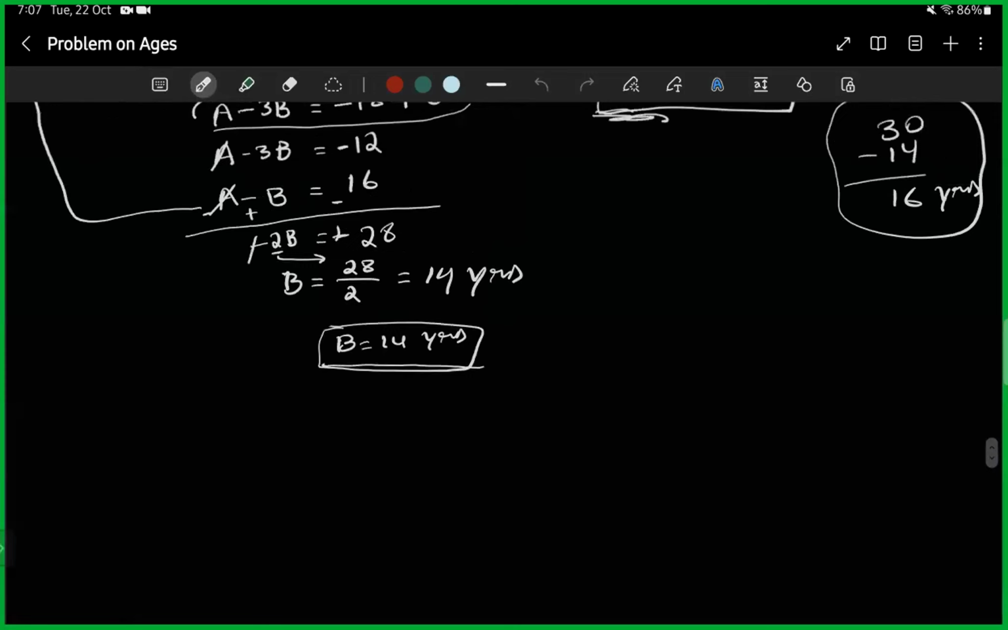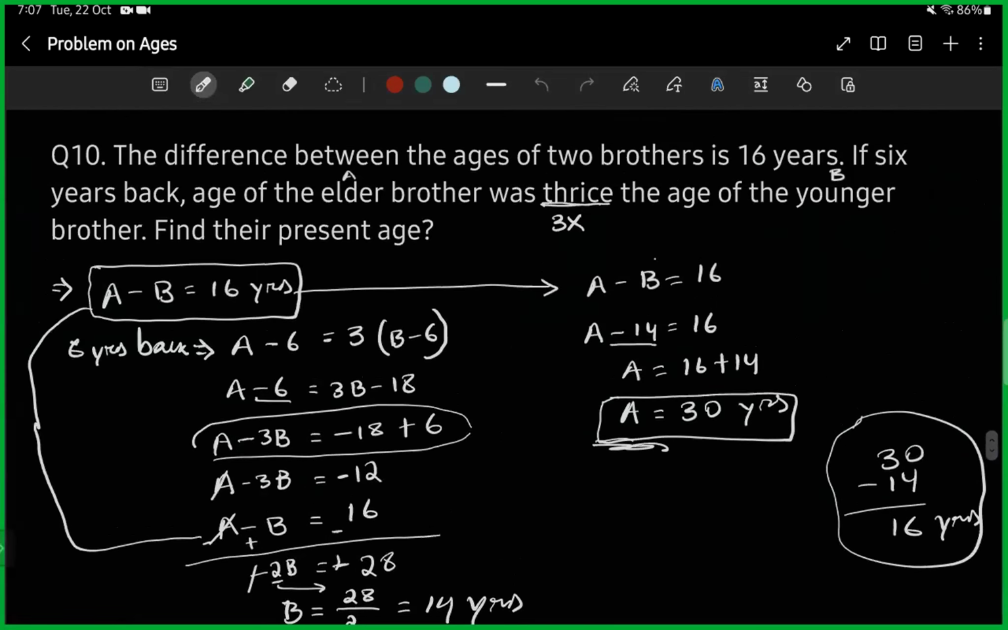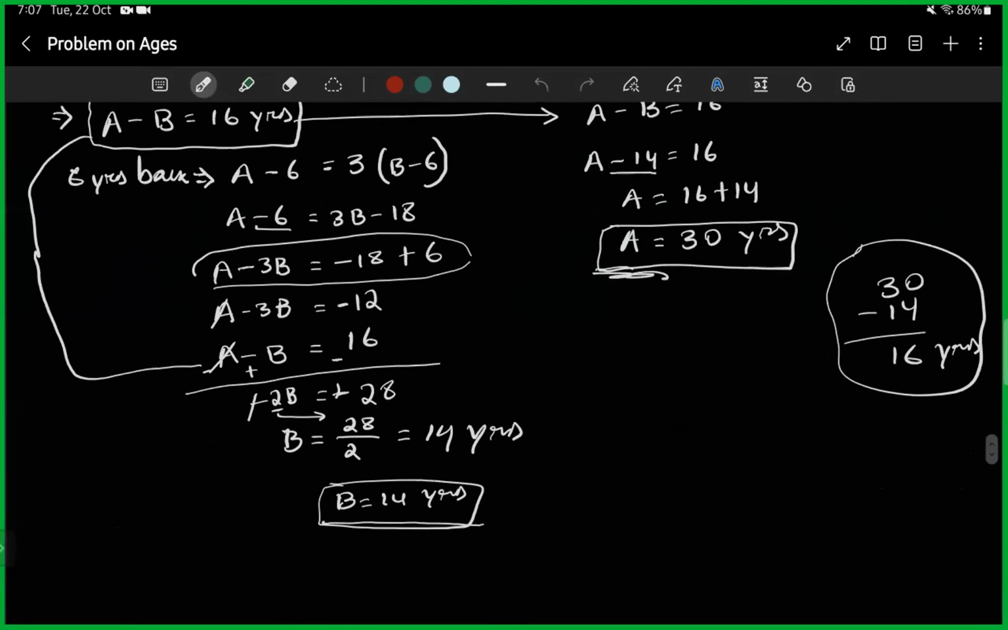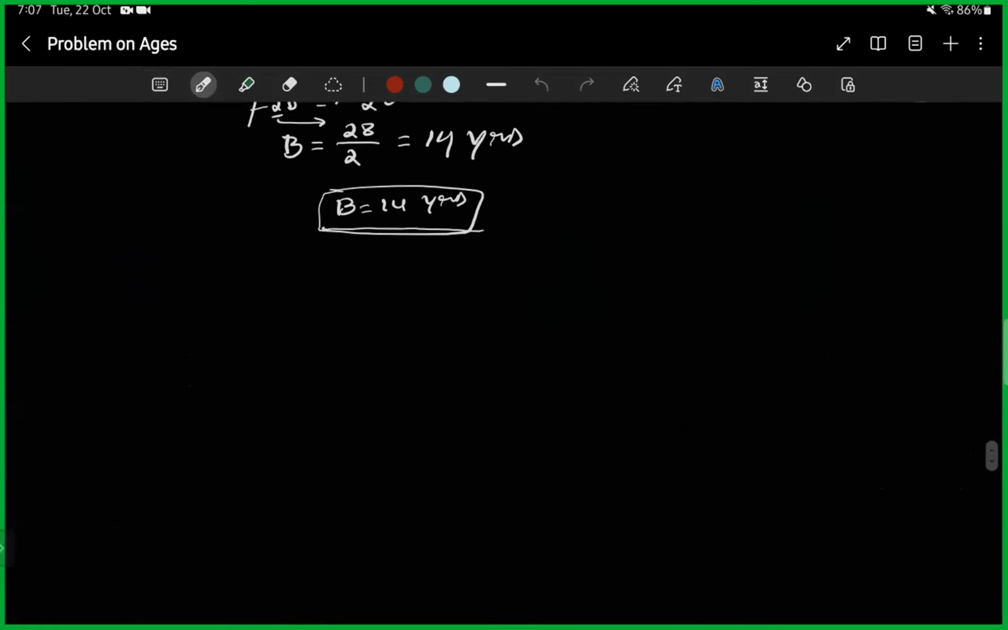Yesterday I considered the age of the two brothers as A and B, the elder brother as A and the younger brother as B. But another method is to take the elder brother as E and the younger brother as Y. Y for younger, E for elder. And for 6 years back, as given in the question, the ratio is